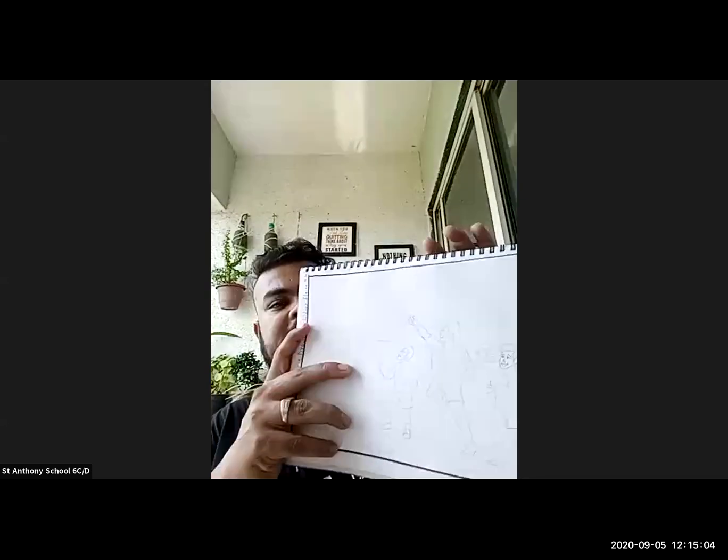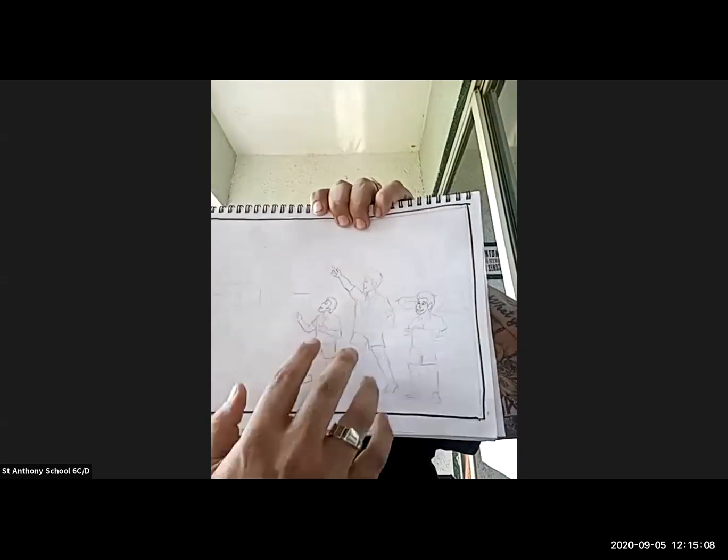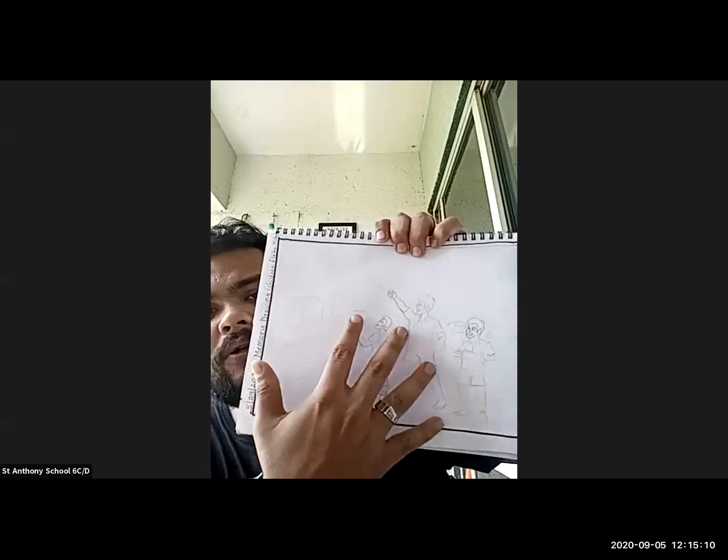For example, I have seen many children who are flying kites. So this is something I have drawn over here. Just look at this. This is how I have drawn. So this is called memory drawing. It can be of any topic. It can be something like a market. It can be of a road accident, or it can be a tea stall. Anything. It can be a garba. It can be of dandiya.